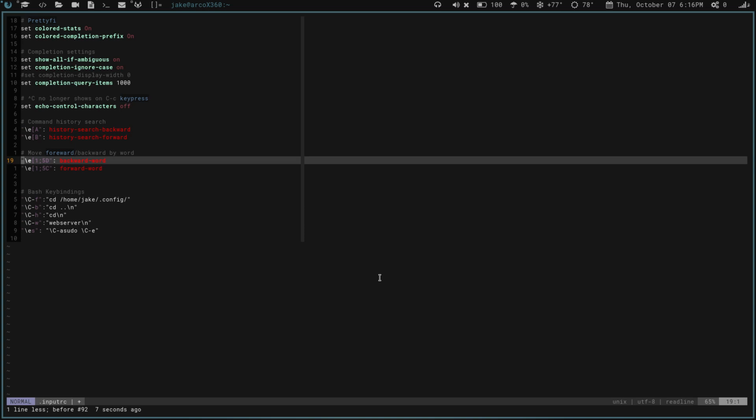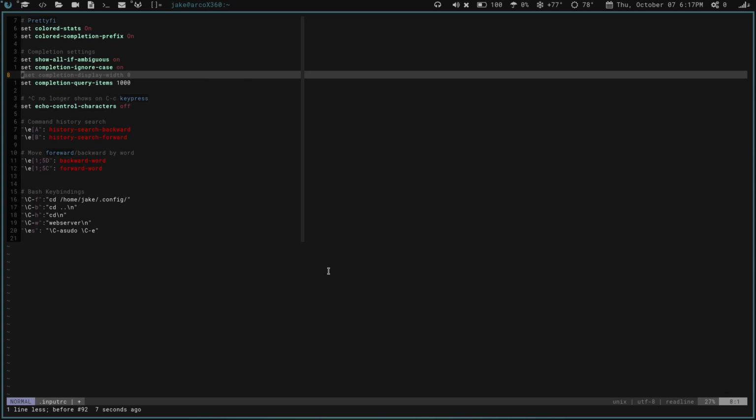It's hard to explain. If you go to the Arch Wiki, or look up Bash readline, it can explain it a lot better than I can. Probably shouldn't have even tried there, but whatever. It controls stuff like that, and obviously does a lot more, but that gives you an idea of the type of stuff it does. But basically, I added two more entries here in my .inputrc file, and I changed one of